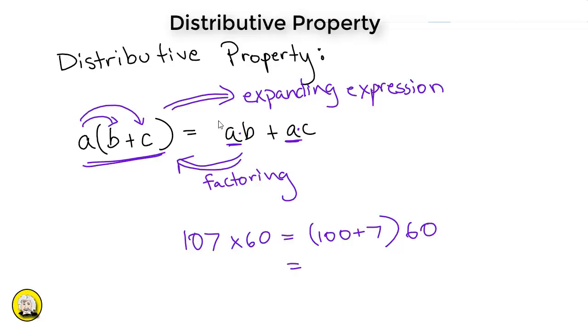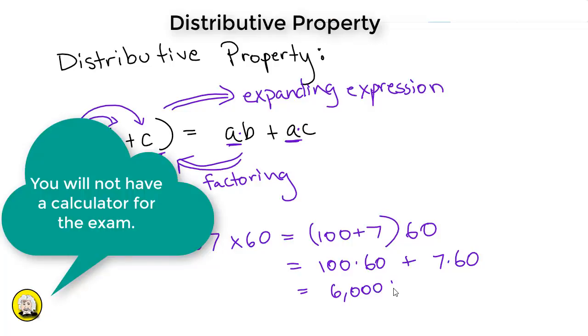And according to my distributive property, that's really just 100 times 60 plus 7 times 60. So I can do those calculations in my head, probably don't even have to write it down on paper. 60 times 100 is 6,000, and 60 times 7 is 420, and I can add those up,